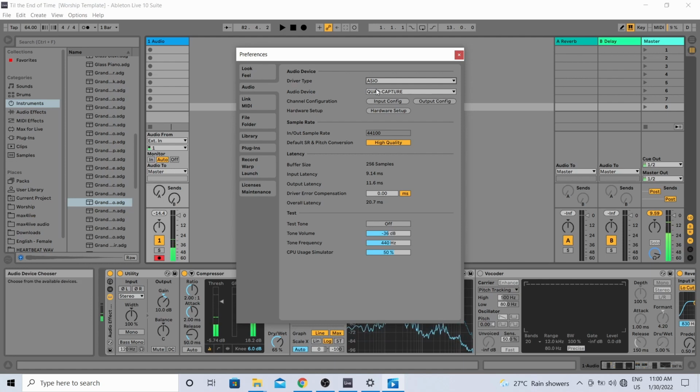And then after selecting your driver type, you have to select your audio interface. For me, I'm using the quadcopter, so I would select that. But if you're using this one, then you don't need to select an audio device, because again, the sound will be coming from your PC. Click on